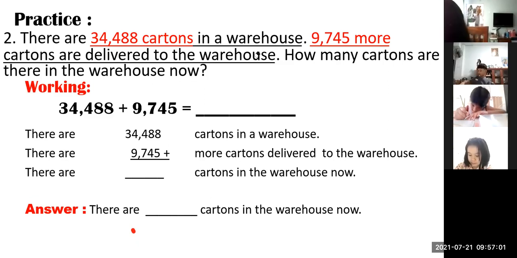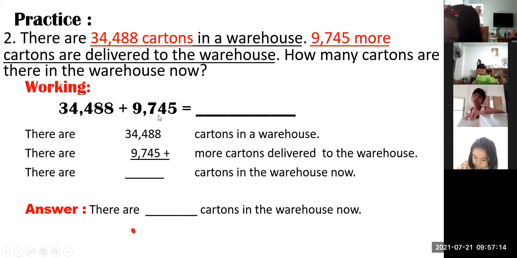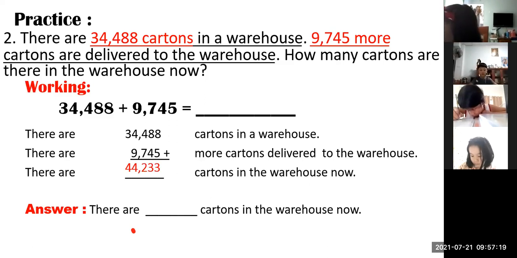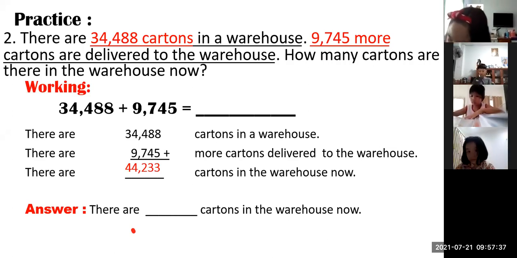So while you're copying the sentences, now in number 2, if we add these two numbers, 34,488 plus 9,745, the answer will be 44,233 cartons in the warehouse now. At first, there are 34,000 in the warehouse, and then another 9,745 cartons delivered to the warehouse. So if we add these two numbers together, we will have